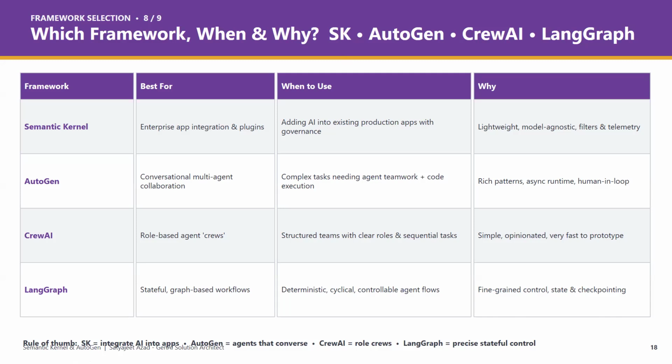Got it? At the enterprise level, data is not sitting in one place or coming from one source. You have multiple sources of data. In that case, the client needs applications where they have plugin facilities to create custom tools. So in that case, use Semantic Kernel. It is also saying when to use it: adding AI into existing products and applications, and if you need governance. And again, Semantic Kernel is lightweight because of these custom plugin facilities.